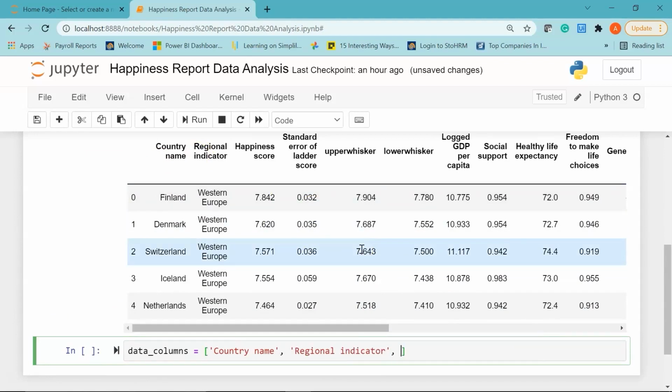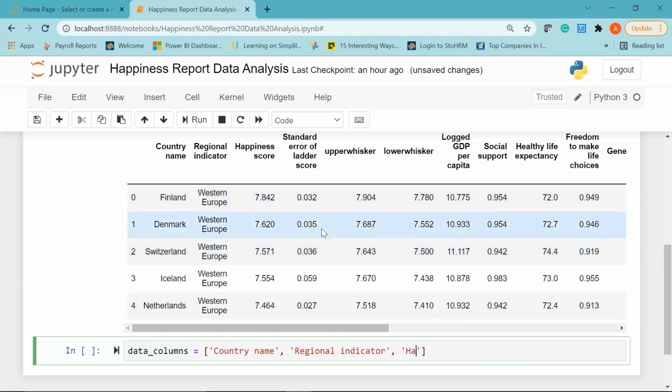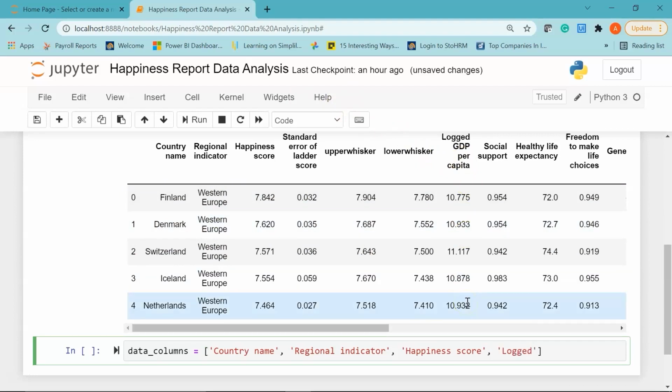I'll give a comma. We also need the happiness score. Next I need the logged GDP per capita data, so I'll take that column. I'll say logged GDP per capita,